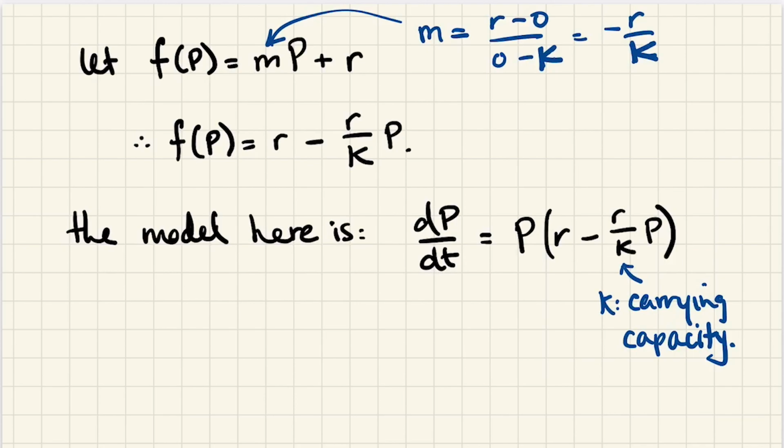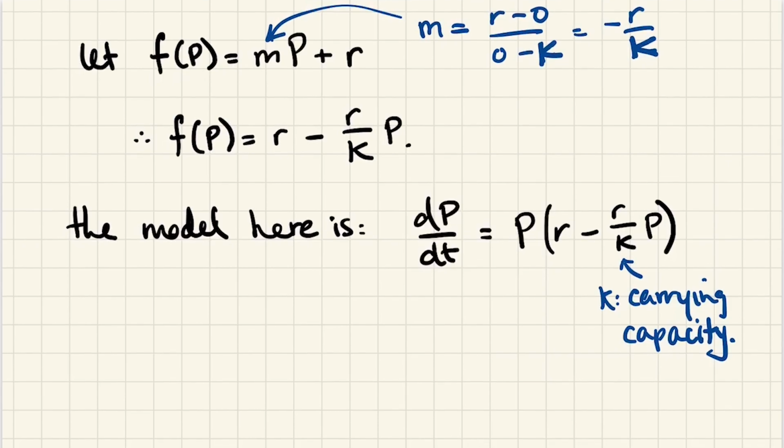So you can convince yourself of a few things here. One is that if the population is equal to K, this entire factor calculates to 0 because you get r minus r. And therefore the growth rate is 0. So that's the population equaling the carrying capacity. If the population is, of course, exactly equal to 0, you'll also have a growth rate of 0 because there's no organisms. And when p is a very small number, then this term here is insignificant, and this basically behaves like the regular growth rate model that we use, with r playing the role of the little k from the